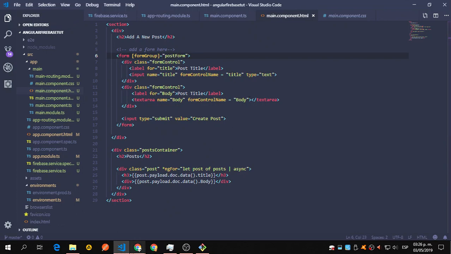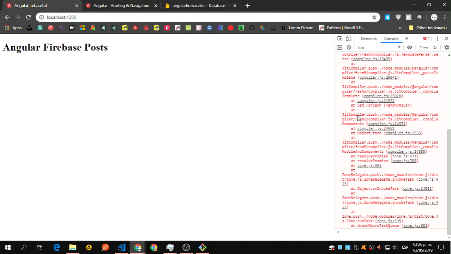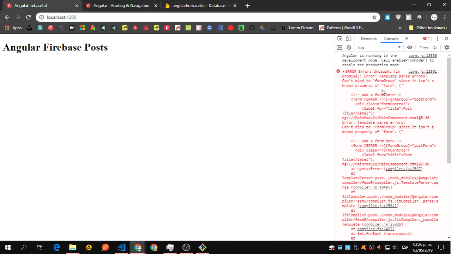So let's see what happens. Okay, error. Cannot bind to form groups. It isn't a known property of form. Okay, just let me check something. I just want to check the syntax. This error, okay, we will see that, but just let me check,